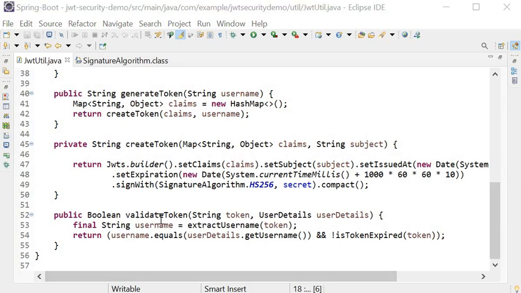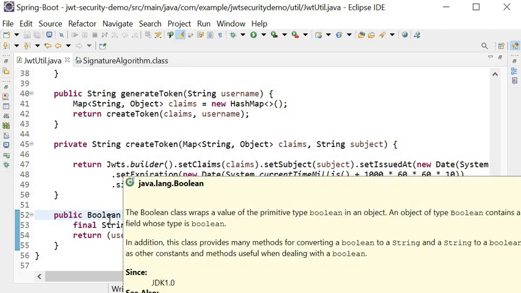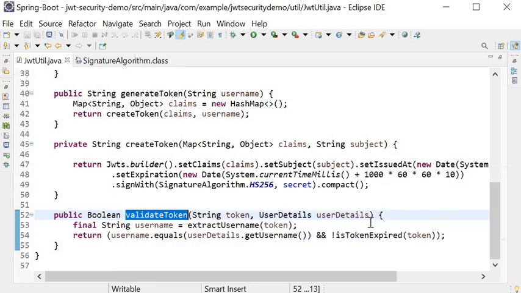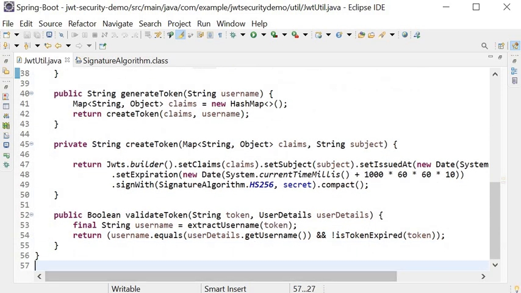Here you can see one more function that is used to validate the token. We pass the token and user details as the arguments in this function, and we use the extractUsername function to get the username from this token. After that we also check the isTokenExpired function.